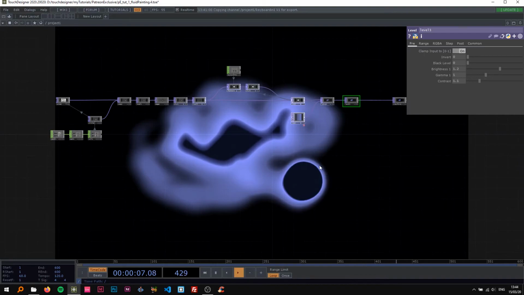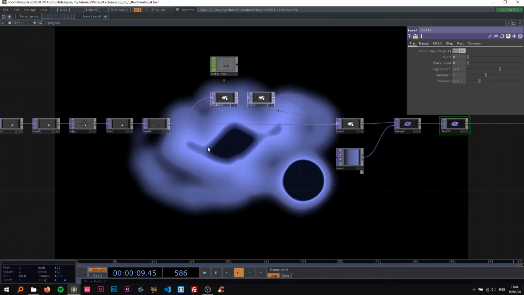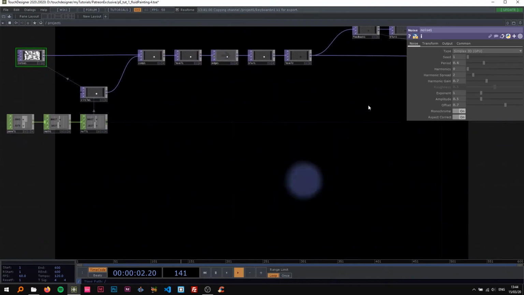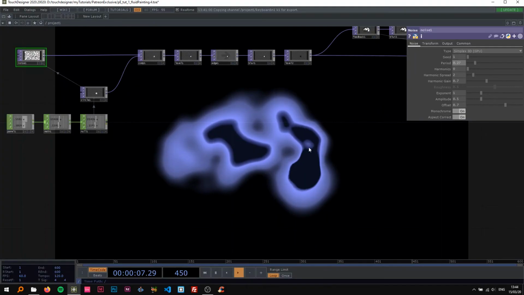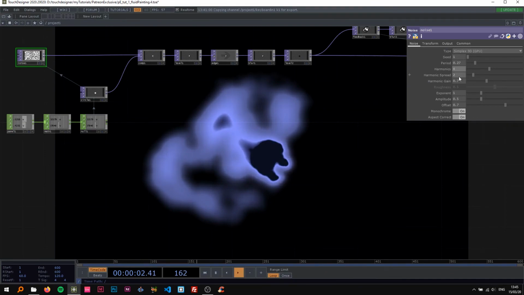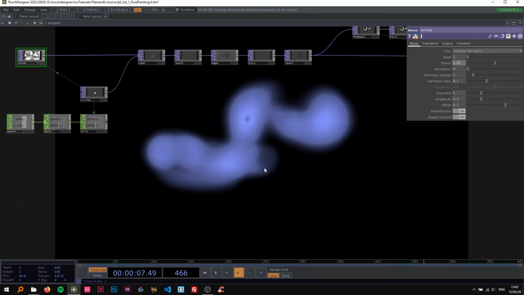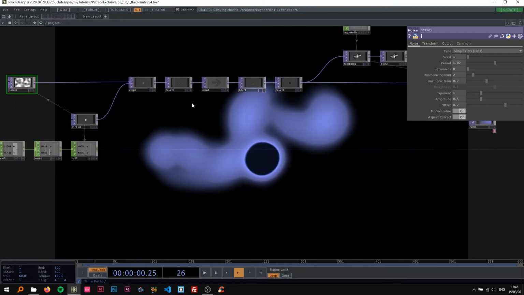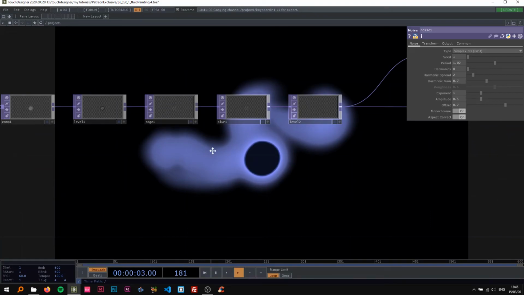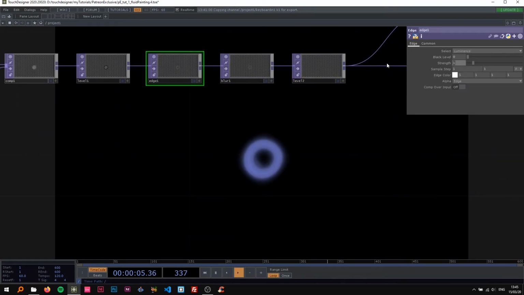So now I can really play around with this, and I'm going to show you a few things that you can change. So first, that's of course the noise. You can always change this quite a lot. So this is also an interesting effect with the harmonics, higher or lower period, and you can also insert this edge effect with a strength of 5, and then it also looks a bit different,